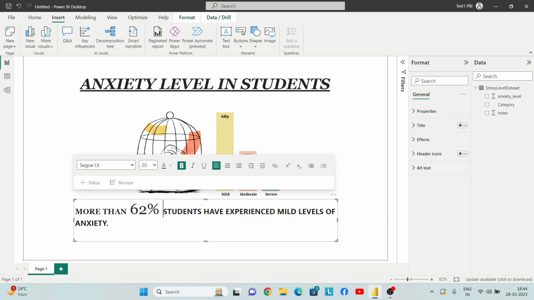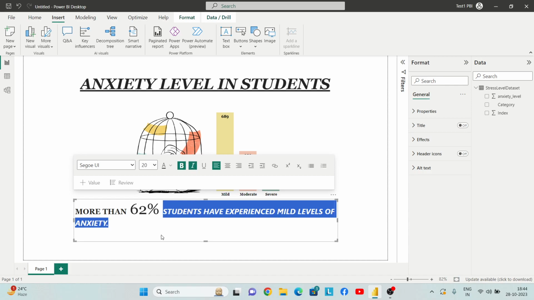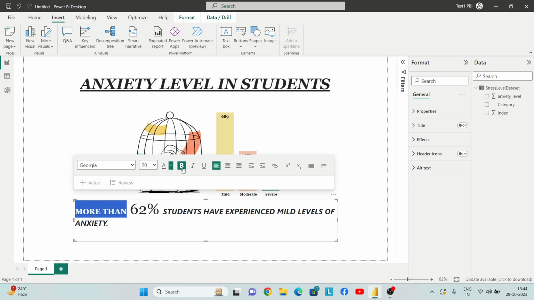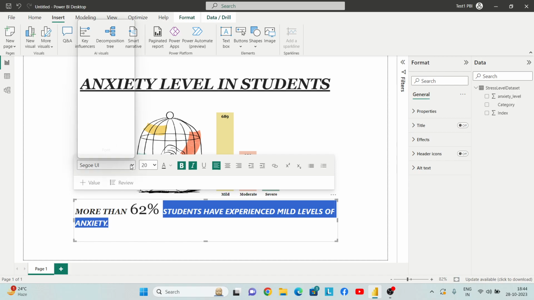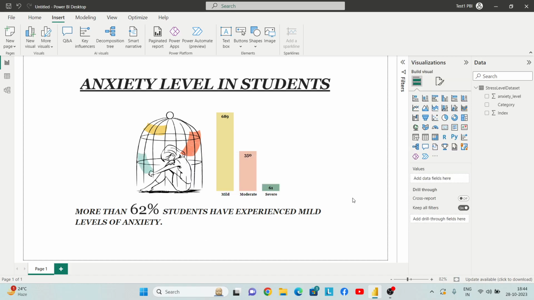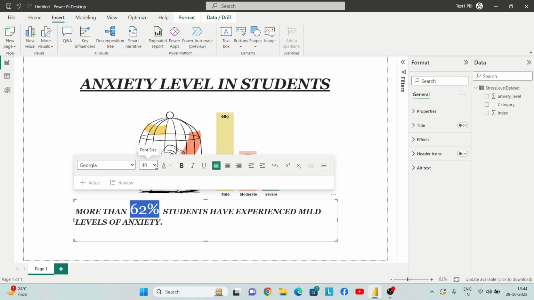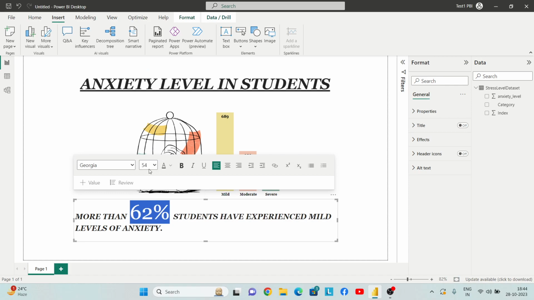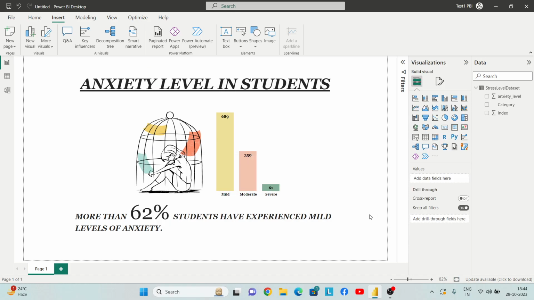we can keep it italic as well, and this part also italic. Yes, and let's change the font style to Georgia as well for this part. All right, so in this manner you can represent the information. If you further want to increase the size for the 62 percentage, you can further increase it in order to highlight it. Let's keep it 54. Yes, so according to your convenience you can represent the data,